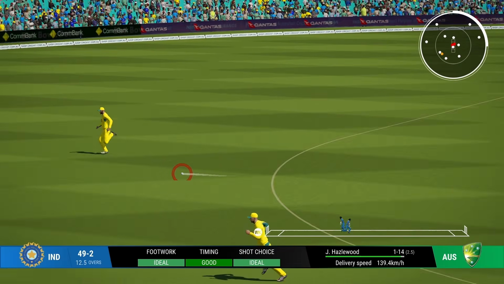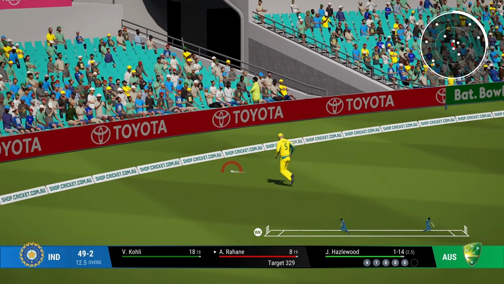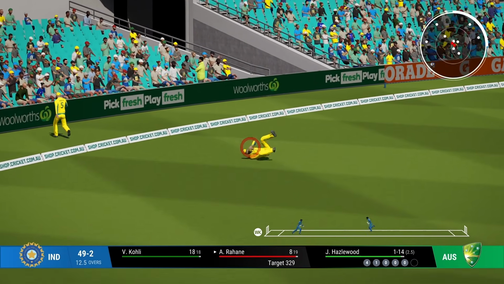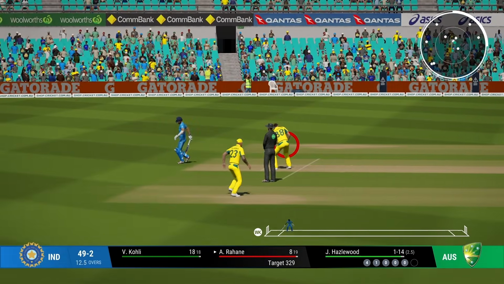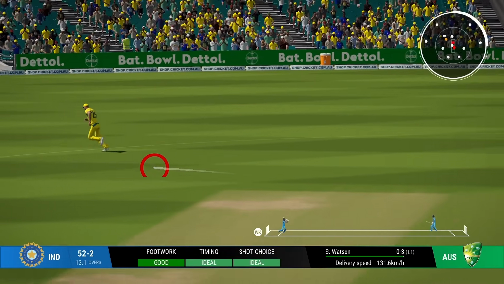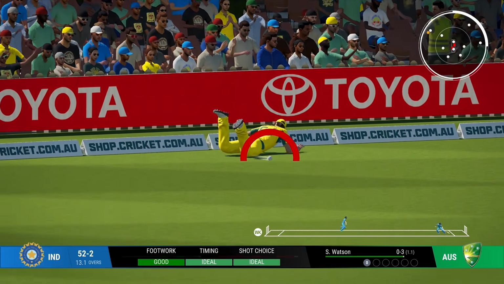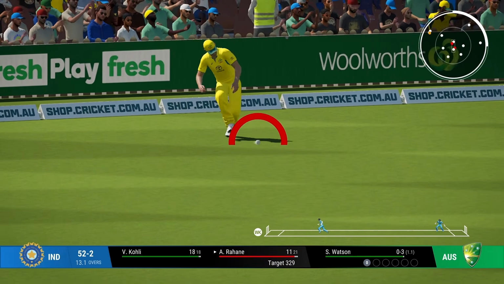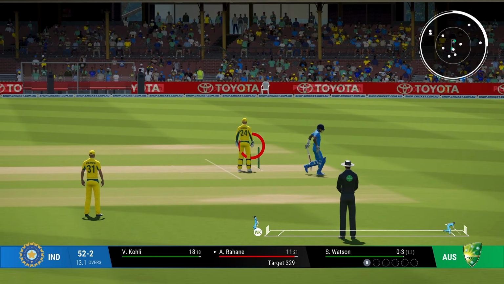A little late on that, but I think we should be able to come back for 2, maybe even 3, or maybe even 4. Oh, stops it at the last possible second. And then the fielder inside the ropes will put in the dive for God knows what. Cut off the front foot. If we managed to find this gap, it would have been epic, because there were 3 fielders in that direction and we almost found the exact gap.